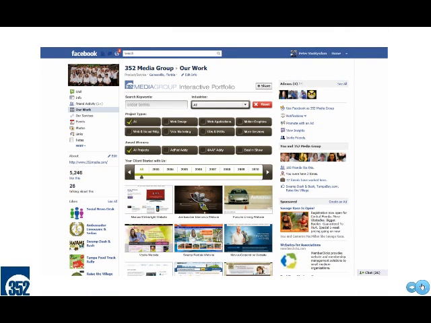So what we've done is taking that same content and built a custom app within Facebook that people can do all of those same searches and look at our information about our different websites all on Facebook without leaving. Now when they're ready to request more information or find out more about a site, at that point we bring them over, because at that point they've kind of made that decision similar to like purchasing the jacket on Express.